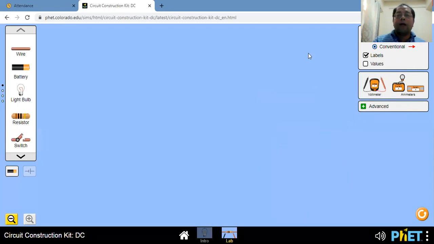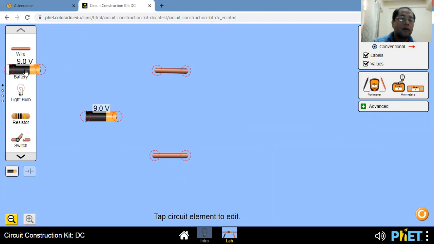Now, for our wire, maybe you need also to click the values there. Now for your wiring, we will have the wire here. You can stretch the wire for as long as you would want there. Maybe we'll need two sets of these wirings or more. You also have a battery. So we can probably move it up and